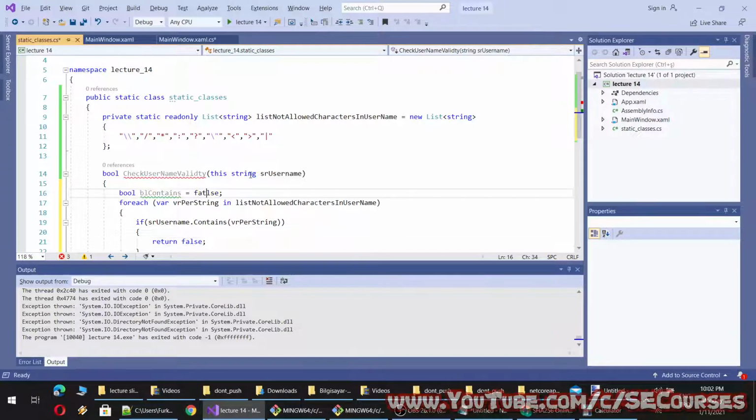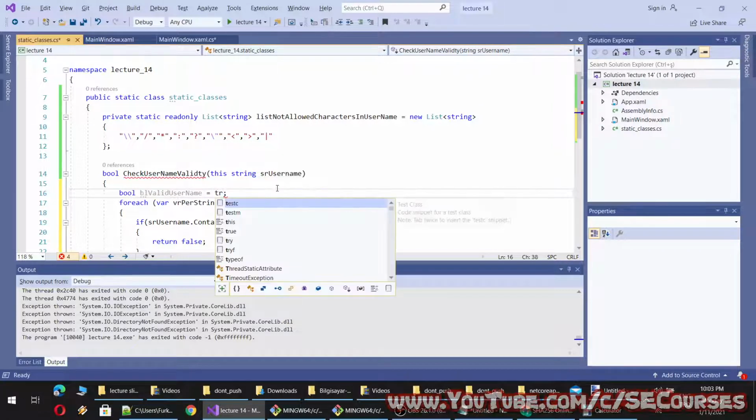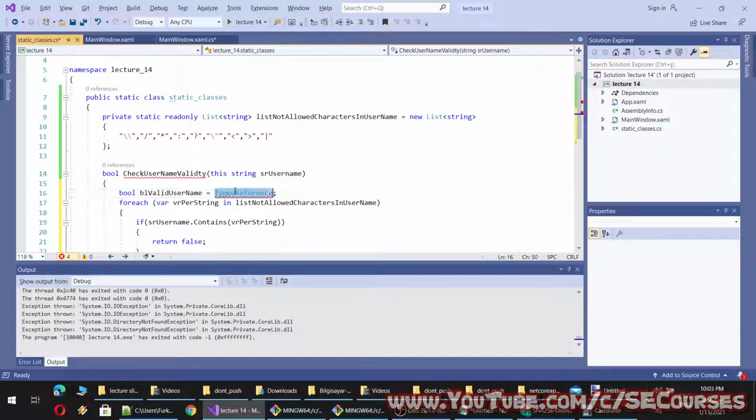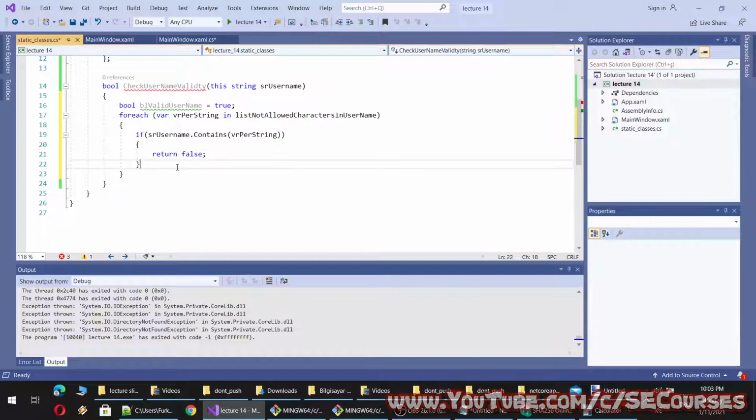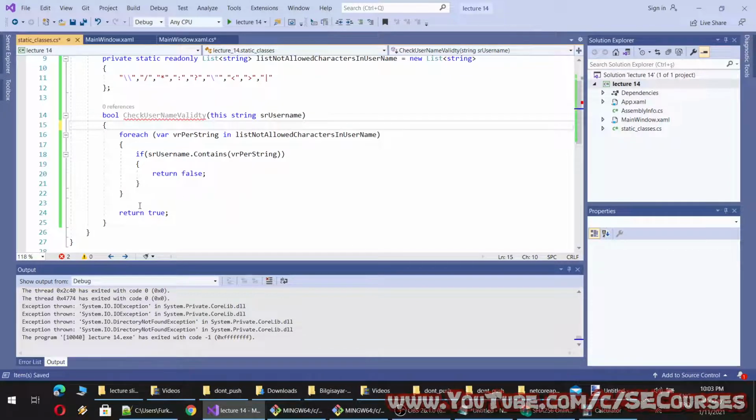Okay, so let's make this valid username equal to true, and if it contains any of these, we can return false. Otherwise, we can return true, simply like this. We don't even need to define a variable here. So it is this much simple.